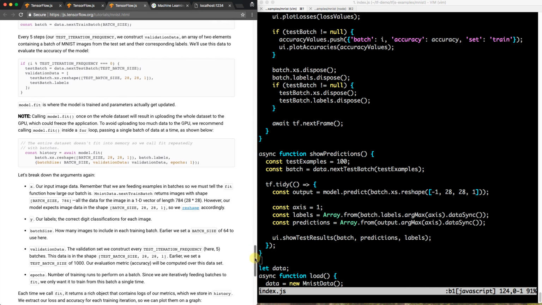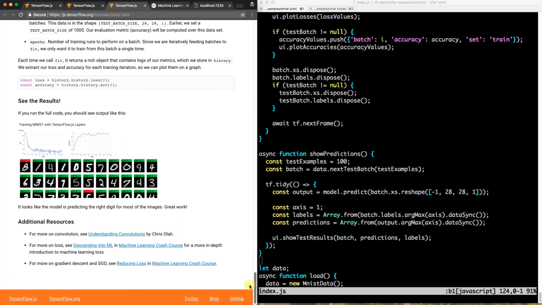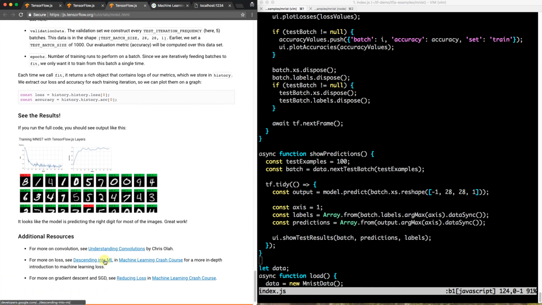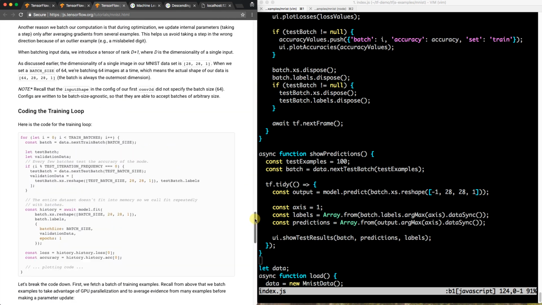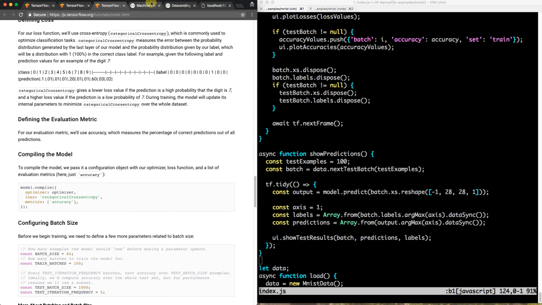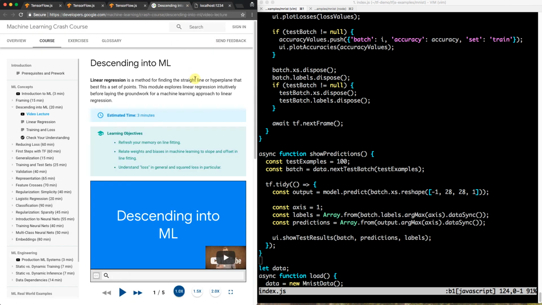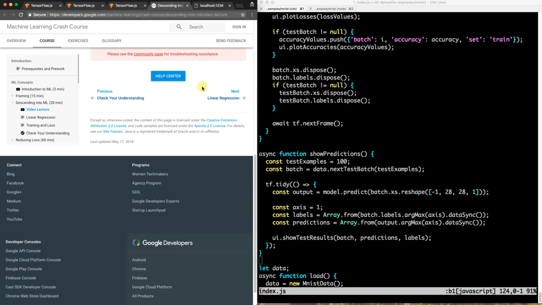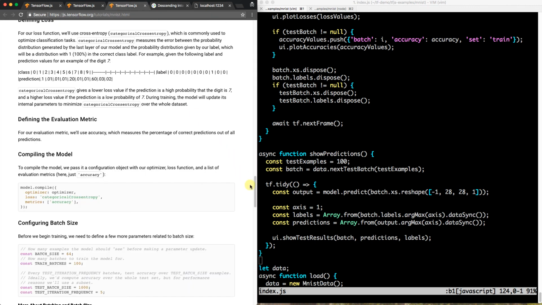I mean, I'm assuming if someone has taken an intro machine learning course, it would make a lot of sense because these concepts seem to make sense. But this library, I don't think does much to help you if you don't actually know anything about this. I mean, clearly there's a lot of instructional materials that makes a lot of sense. So,